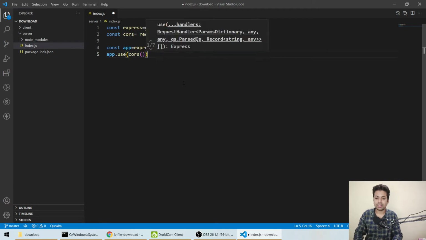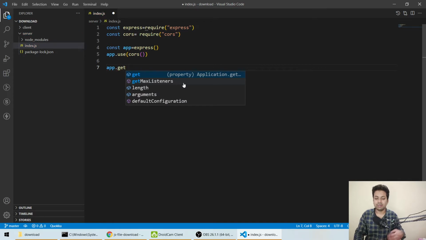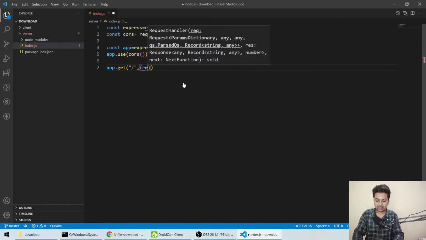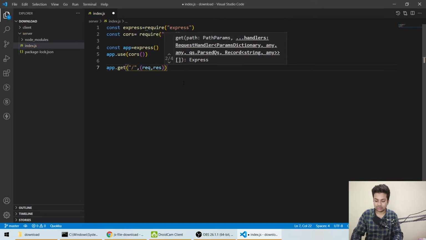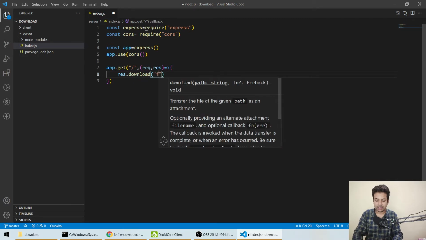Okay, so normal this, and now we'll make our API. We'll do app.get. It will be a get request obviously because we are downloading. Then we'll put a slash, on the first API only. Then here we'll take request, response. Then here we'll say res.download and the file name.